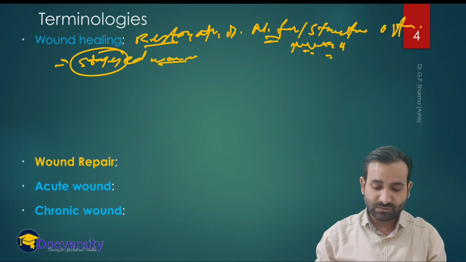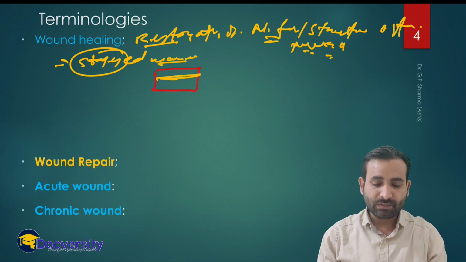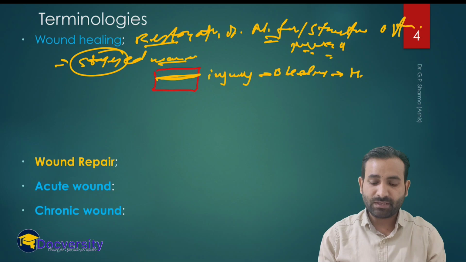So what are those stages over here? The stages are, once we have the injury in the tissue, right? If we have the injury, there will be the bleeding. After the bleeding there must be the hemostasis, right? After the hemostasis there should be the